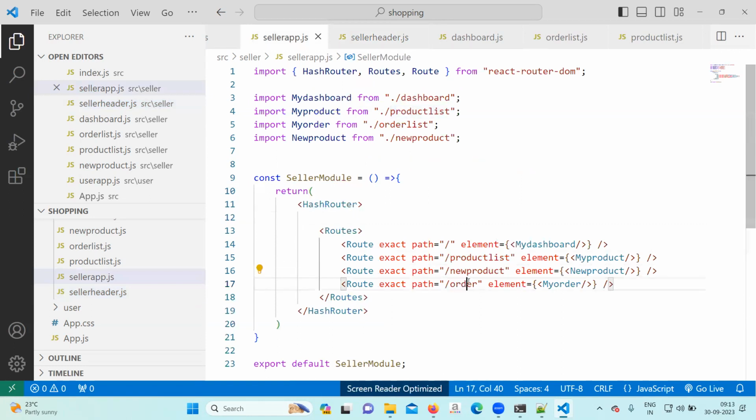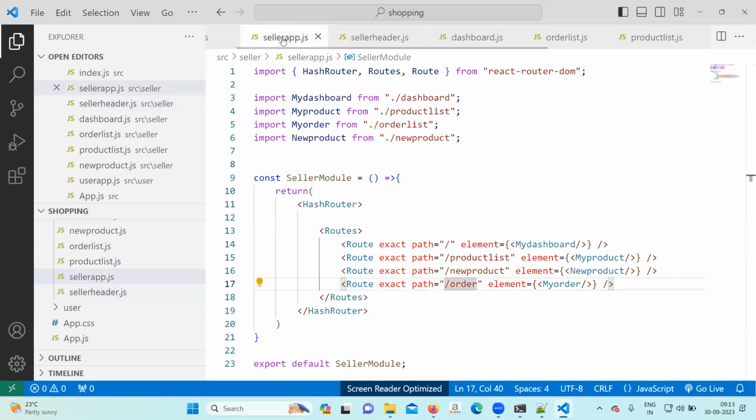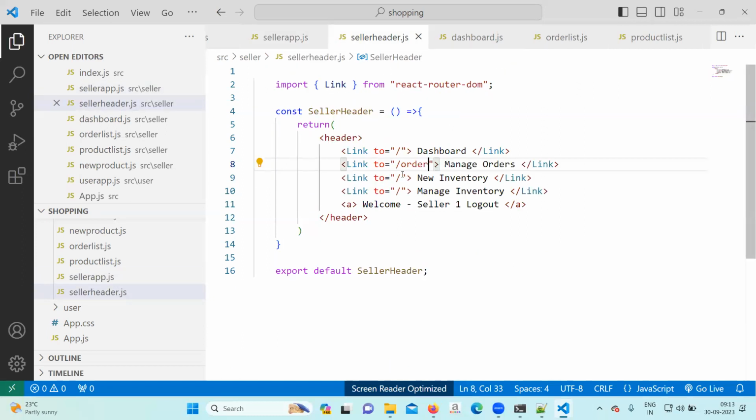Product list, new product, order. Is this called order or orders? Order. Then new product. Next product list. These three links we have given.